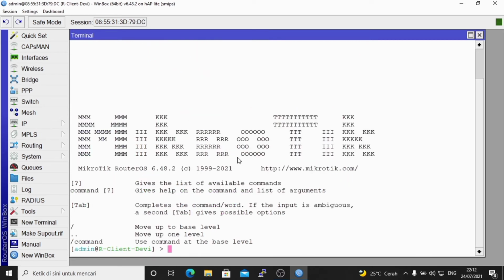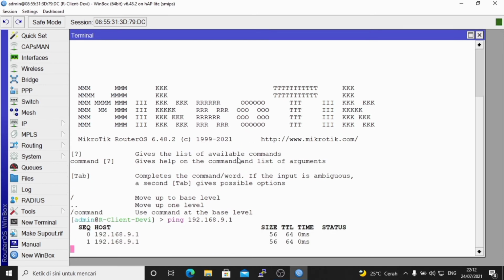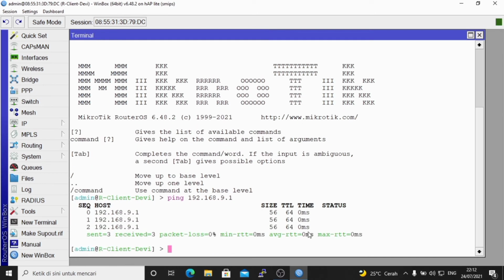Then ping using the command ping 192.168.9.1. Enter. And it can be seen that the result is a reply,